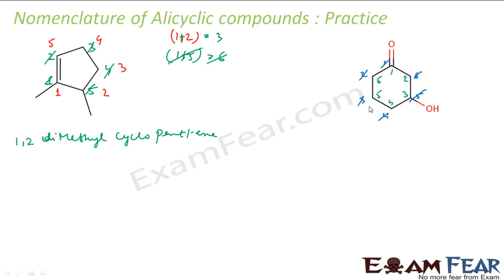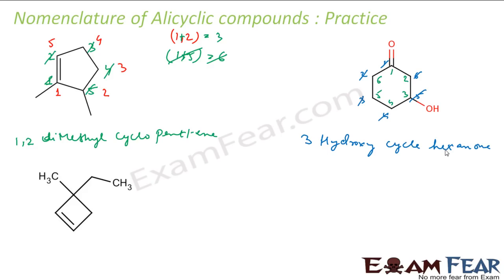So let's start with the name. What is the prefix? We have at third alcohol, so we'll have 3-hydroxy as the prefix. Then we have 6, so it's cyclo, hex, all single bond, ane, and we have a ketone group, one. So you can say hexan-1-one, or we can just say hexanone because this is at position 1, so 1 is not even required. Correct. Let's try to name this.